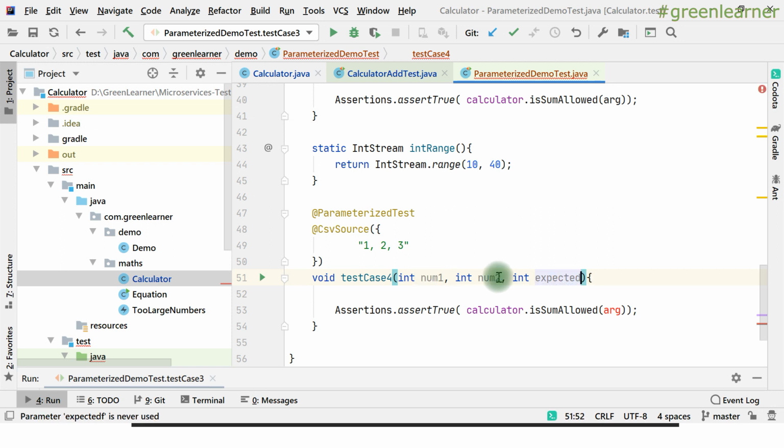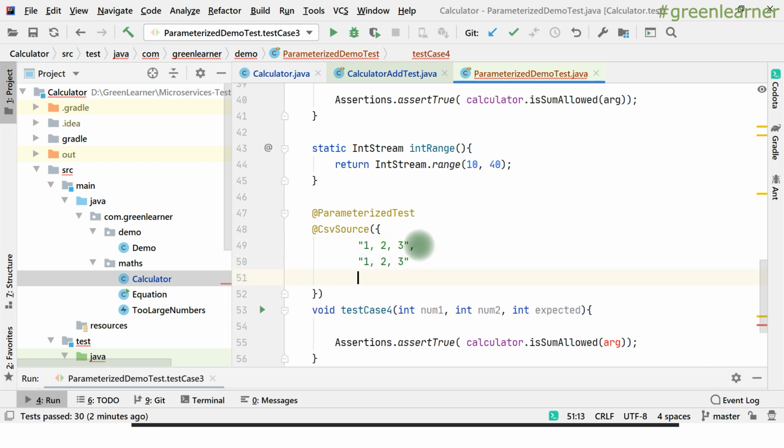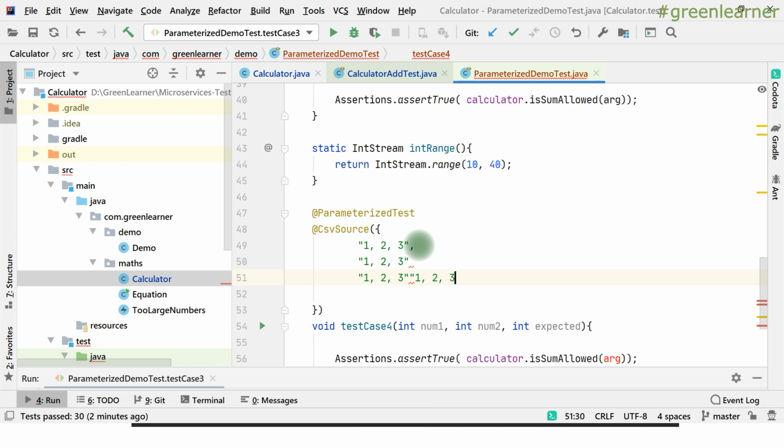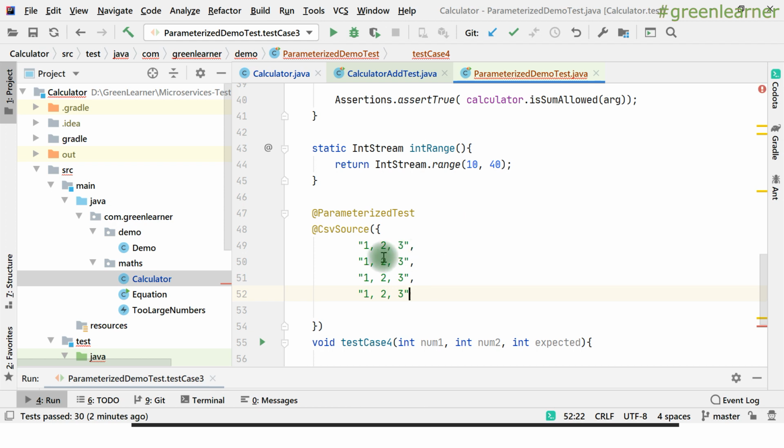So this is going to be fun, right? So 1 2 3, and this has to be comma separated, and here also, right? So change the values here.